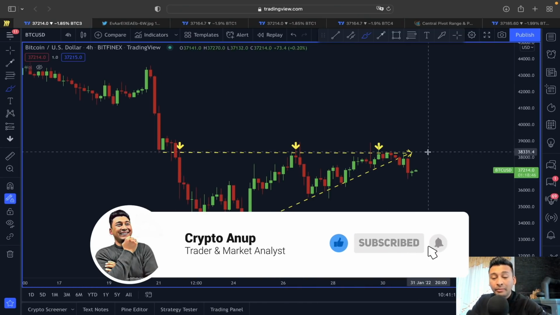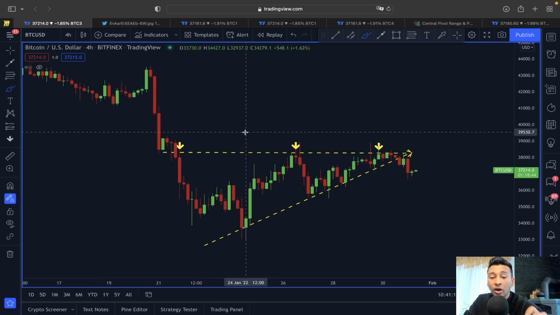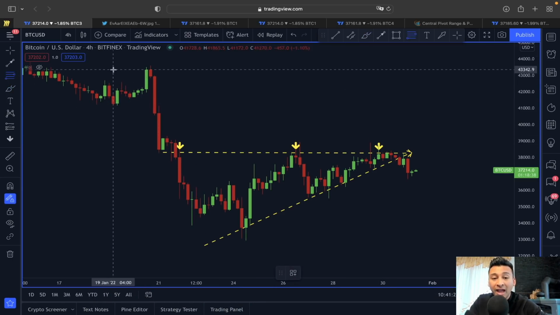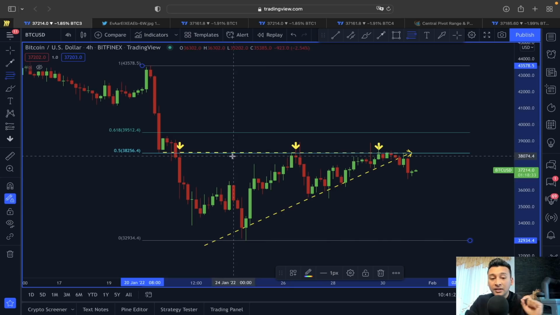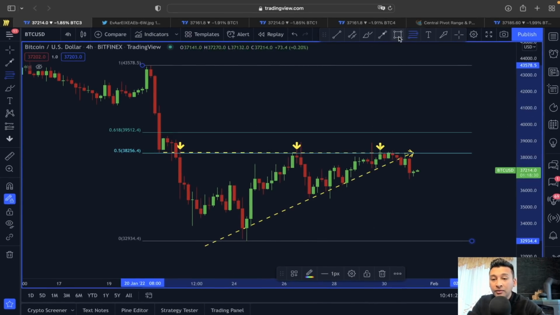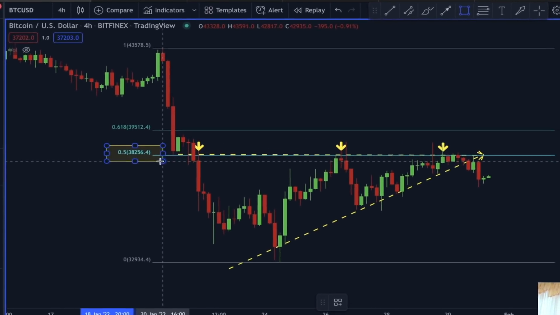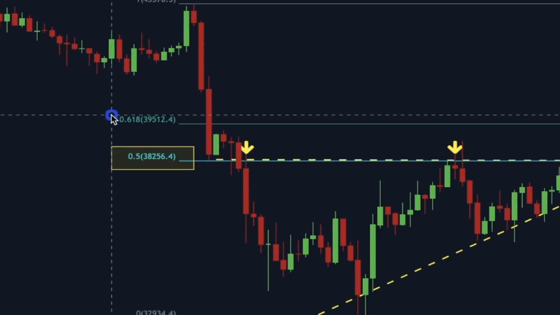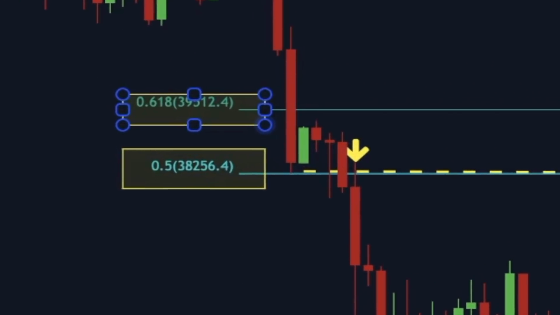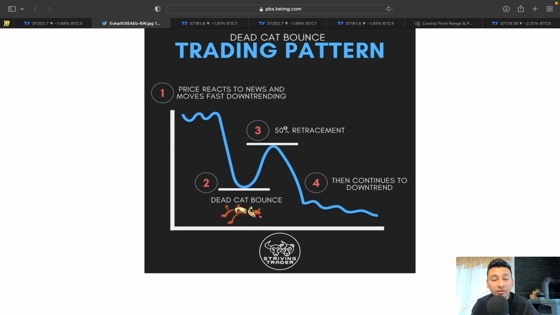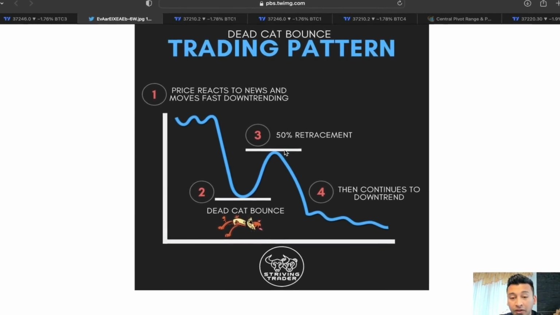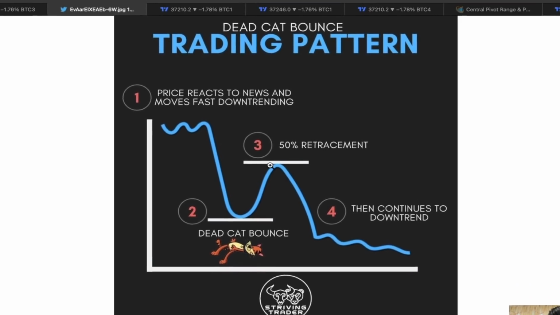Even though this was a bullish scenario, yes, because we were well aware not just the upper line area of this ascending triangle was acting as a resistance, but if you add this Fibonacci line from this swing high till this swing low area, you can clearly see this is also a rejection from this 0.5 Fibonacci line, because in most of the cases 0.5 and 0.618 is always going to be one very important line of resistance when the trend is trying to break here to the upside, because we are well aware in a dead cat bounce scenario, price usually finds support or relief rally towards this 0.5 to 0.618 Fibonacci line, gets rejected again,